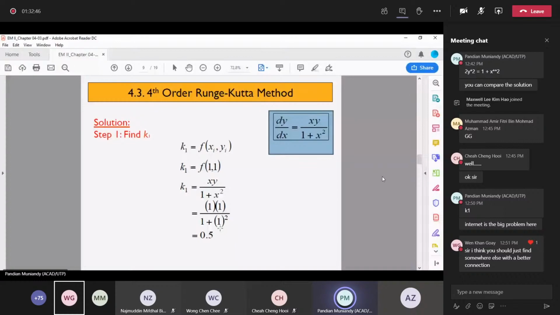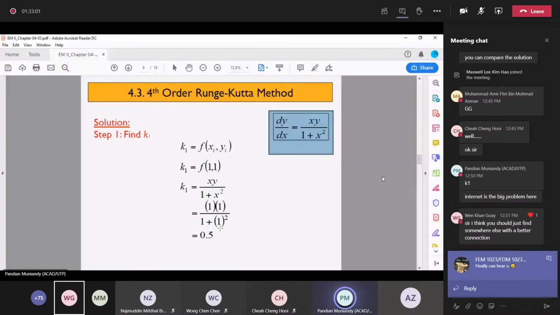Now K2. These steps are for the beginners only. We are showing you how to calculate K2 using this formula: f of xi plus half h, yi plus half K1 h. So you cannot calculate K2 without calculating this first. Calculate